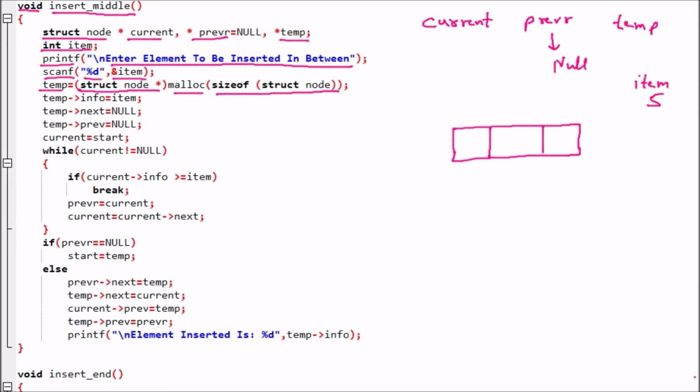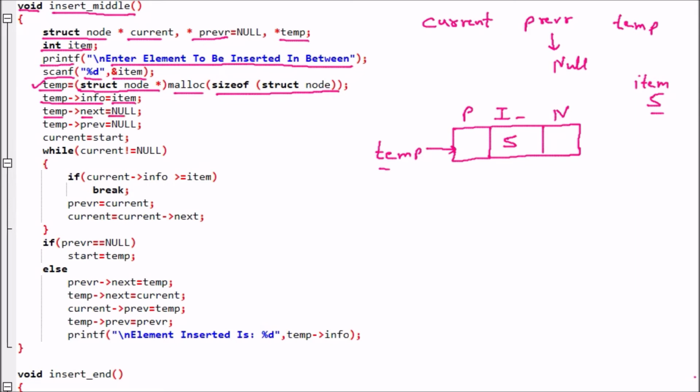Here we have the info part, the previous, and the next. This is the node we have created. Then temp is pointing to this node. temp info is equal to item, which is 5. So 5 is added over there.